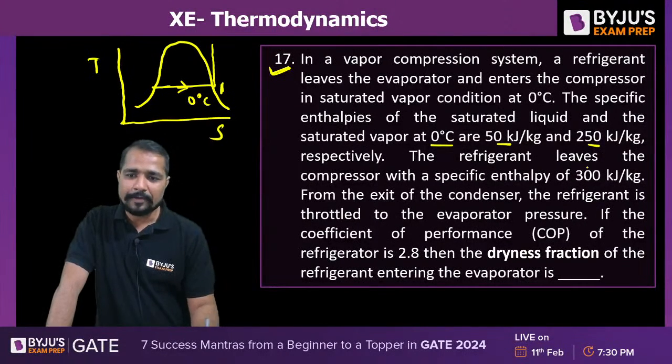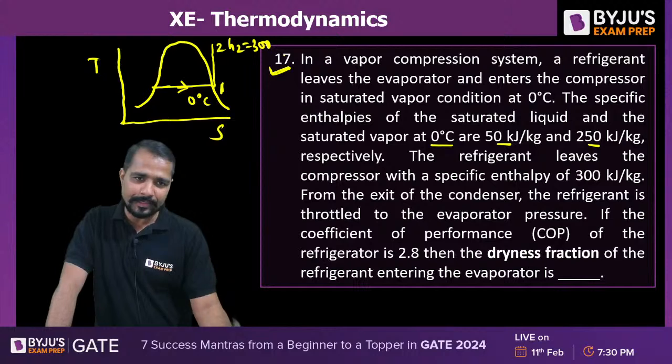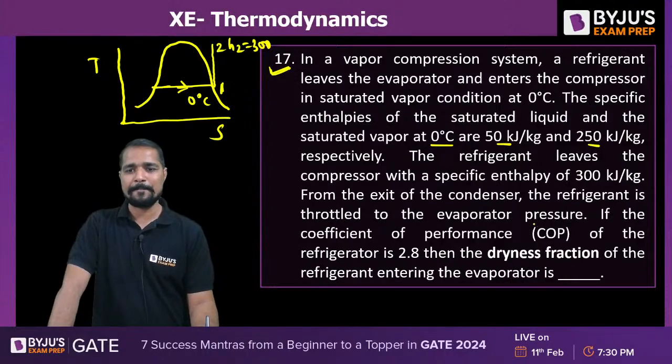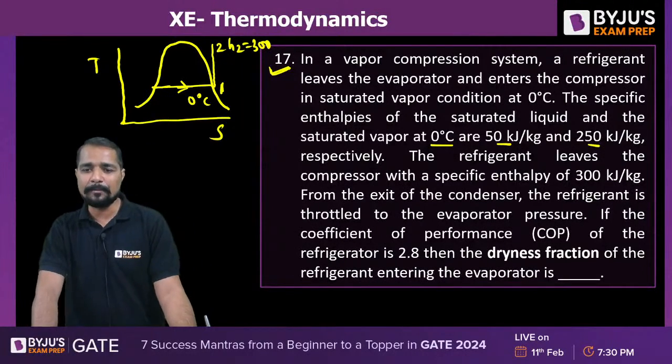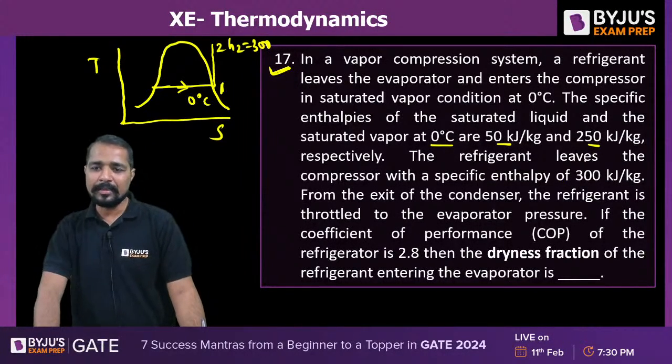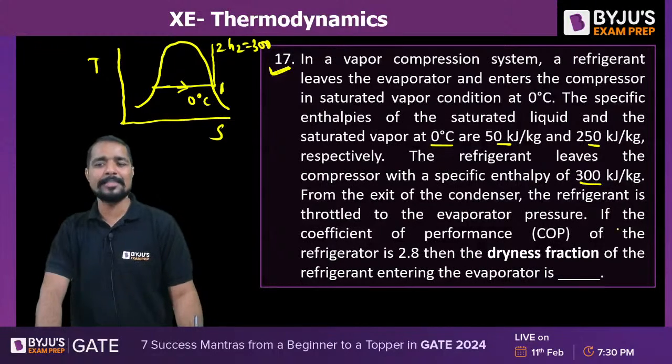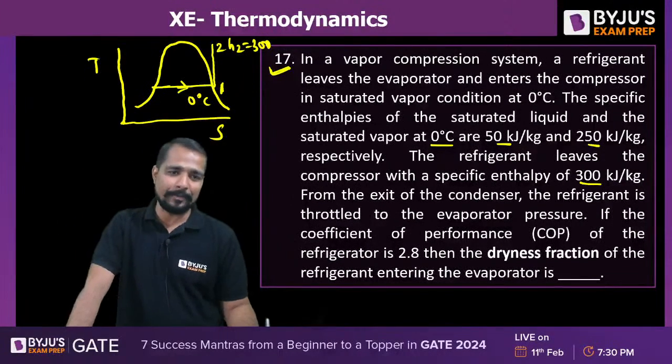The refrigerant leaves the compressor with a specific enthalpy. At this point, enthalpy is also given. H2 is also given, 300. After that, from the exit of the condenser, refrigerant is throttled to the evaporator pressure. Refrigerant leaves the compressor with the enthalpy of this one. From the exit of this one and this and this and this, if the coefficient, I mean,